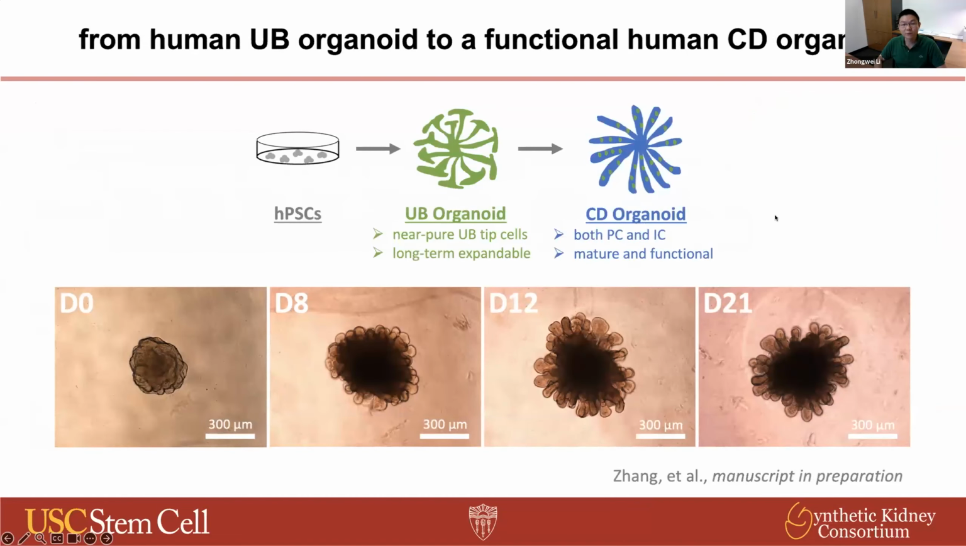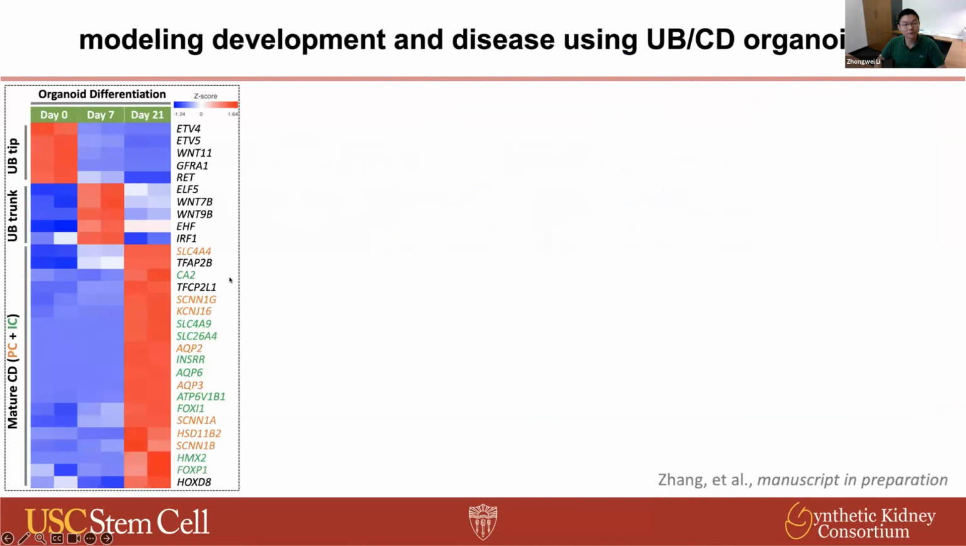So more recently, we have started with UB organoids to further develop a connecting duct organoid model. And as you can see, following the current protocol, we can get a beautiful elongated human collecting duct organoid from the UB organoids. Importantly, by profiling this system across the organoid differentiation process, we found that it clearly transitions through the